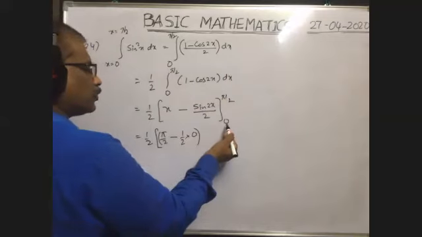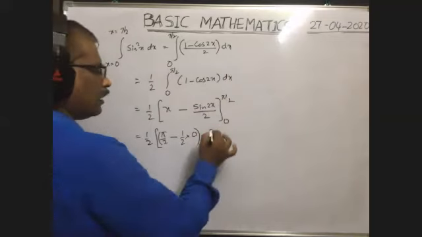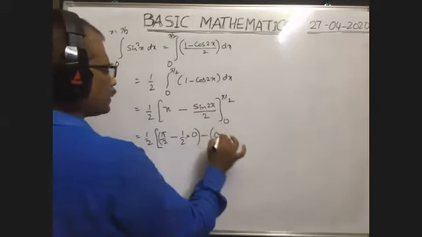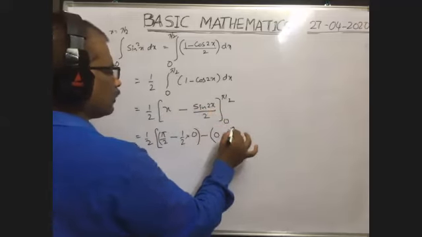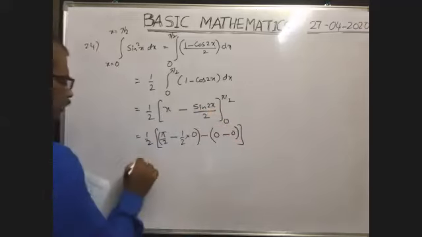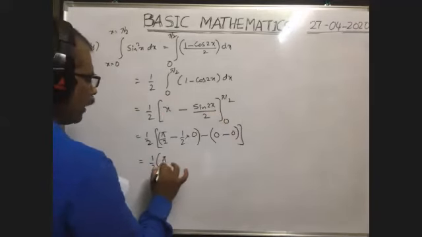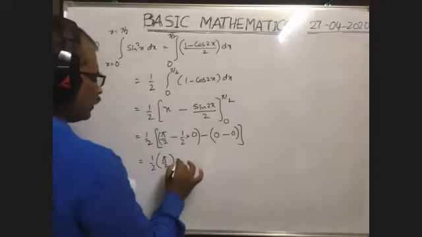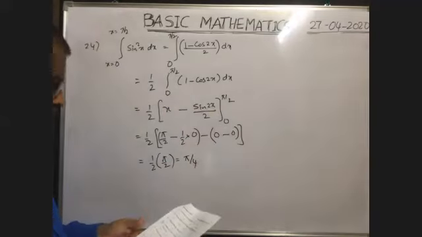Next, we have to substitute the lower limit. Before substituting the lower limit, you put a minus sign. Minus, instead of x, again you substitute 0. Minus sin 2 into 0. Sin 0 is 0. 0 by something is 0. That's why 0. That's all. So this is equal to 1 by 2 into pi by 2 minus 0. It is totally 0, pi by 2 only. That is equal to pi by 4. So here it is equal to pi by 4.